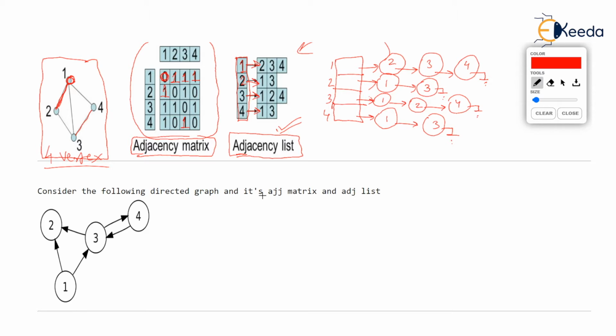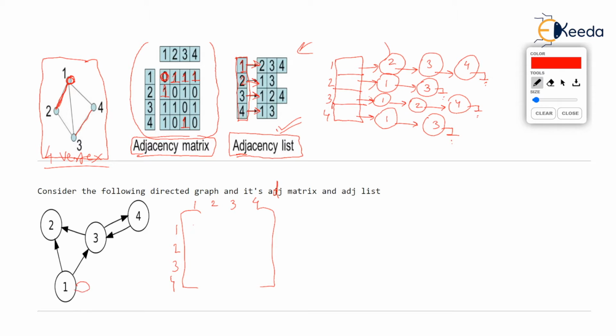Okay. So what will be the adjacency matrix for this graph first of all? As there are four vertices again in this graph, we will draw a matrix of four rows and four columns. Now we will fill this matrix with 0 or 1. Now what will be this entry 1 1? First row, first column. Now you see there is no edge from 1 to 1. Rather, there is no edge from any vertex to the same vertex, isn't it?